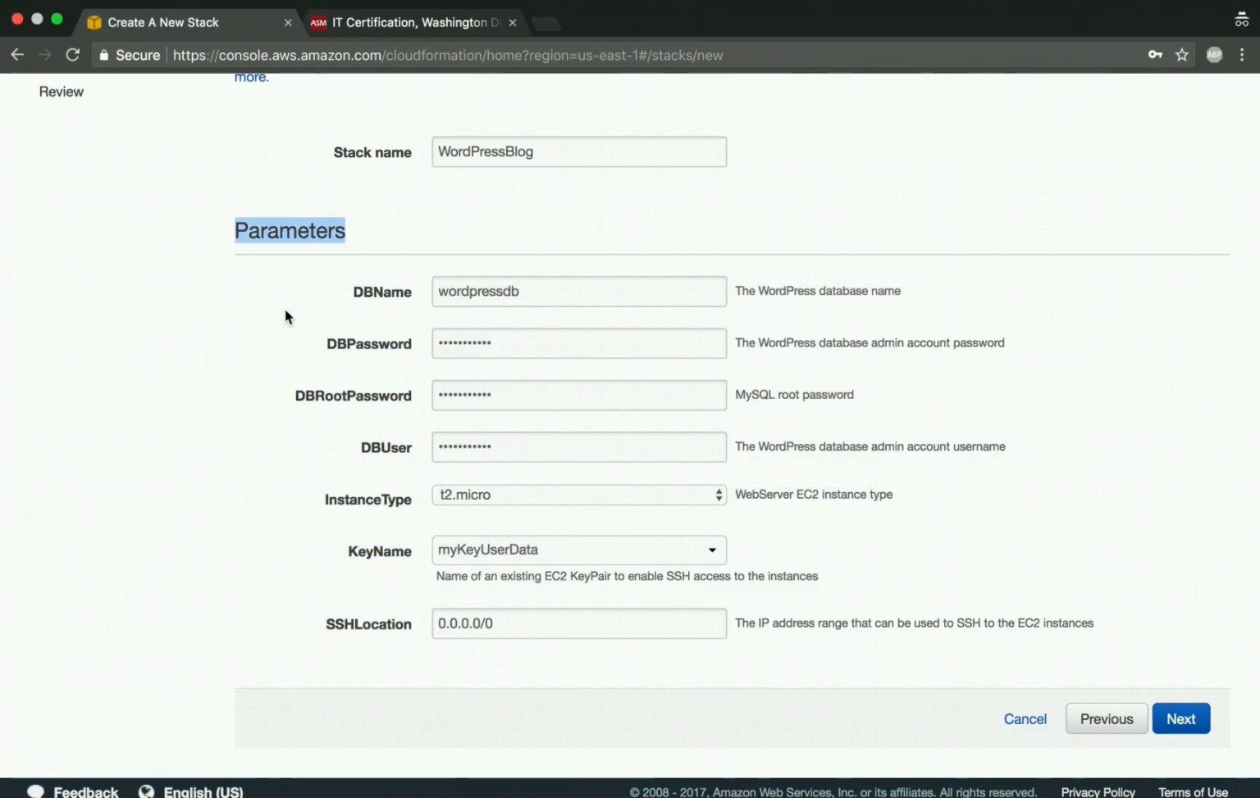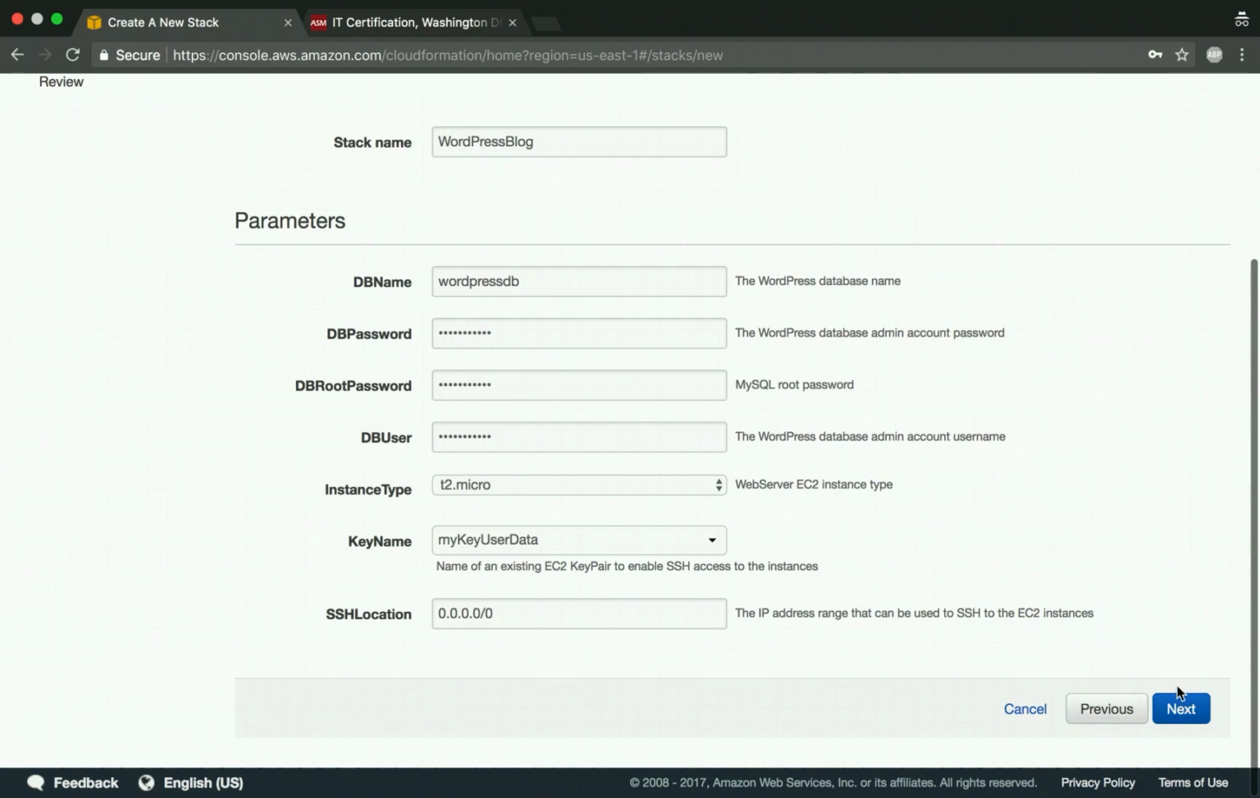So if I had parameterized VPC, then I could choose which VPC this would go under. But as you can see, I don't have that choice. So this will be going to my default VPC. So if I had parameterized my VPC, then there would be a box here asking me to choose a VPC, but there's not a box here. So next,